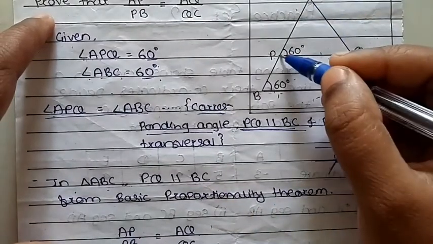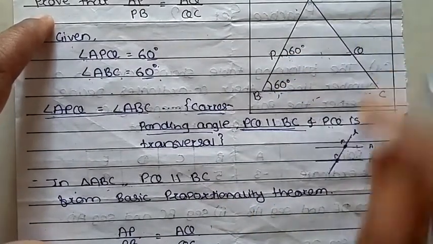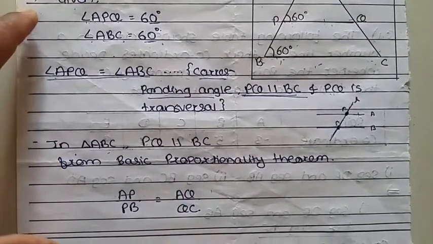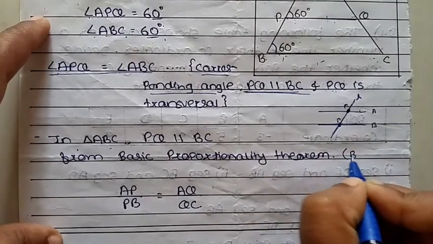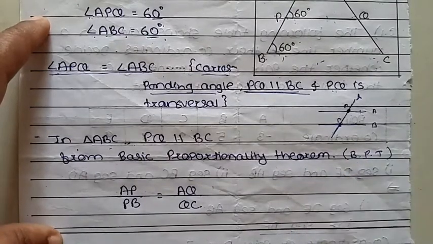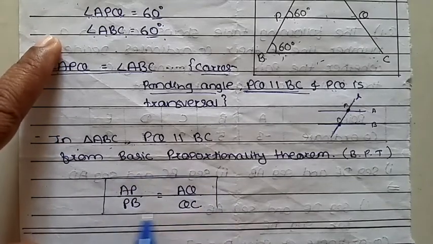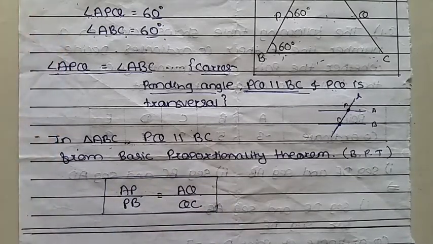That means AP upon PB is equal to AQ upon QC by using the basic proportionality theorem, that is BPT. Or shortly you can write it as BPT. Clear? So this is shown like this. Very simple question. Okay, so now next,